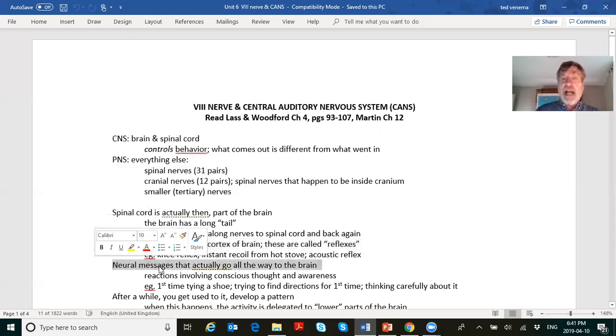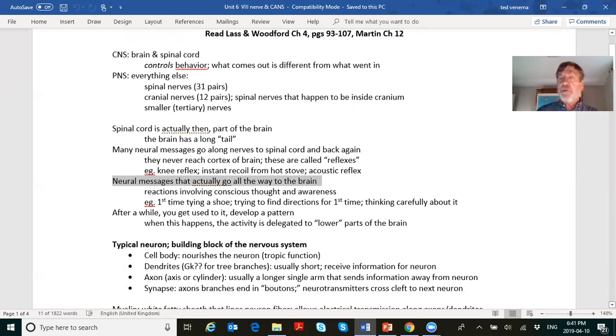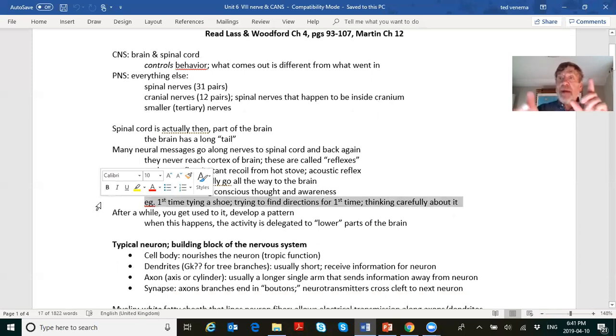Neural messages that actually go all the way to the brain, read down here in our notes. Reactions involving conscious thought and awareness, that's different. Those things are taking place in the brain. For example, the first time you ever tried tying a shoe: take the bunny rabbit and bend the shoelaces and pull it through. You had to think. But after a while, as an adult, you're just going,